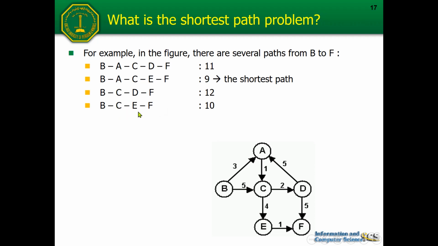So actually, the minimization of the cost for traveling can be modified by using more than one criterion. Now, in this case, we have only one criterion, that is to minimize the cost only. You can always modify the problem by also accommodating another criterion, like the number of transit cities.